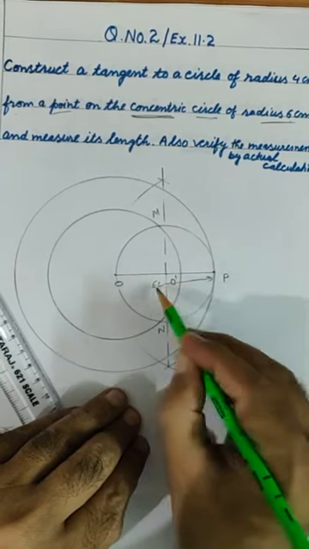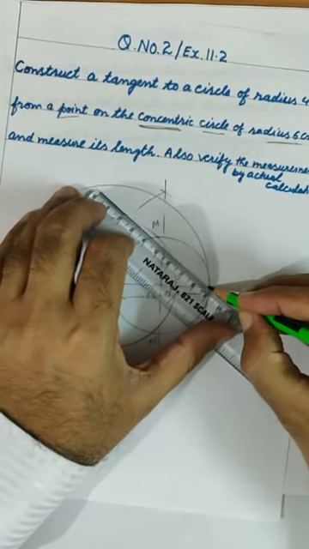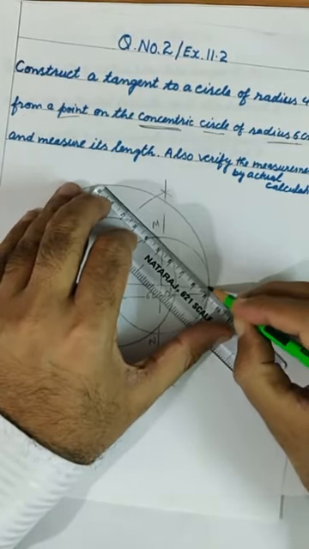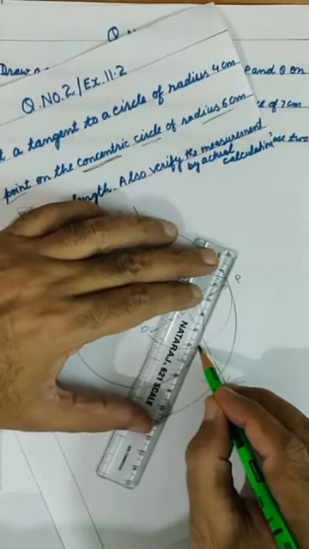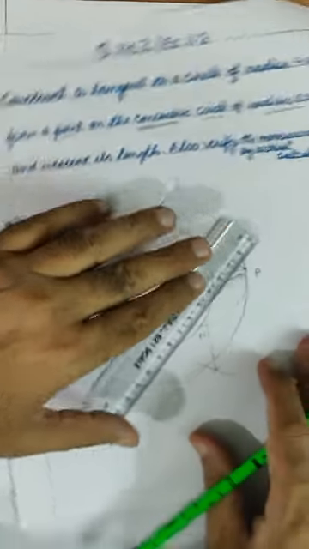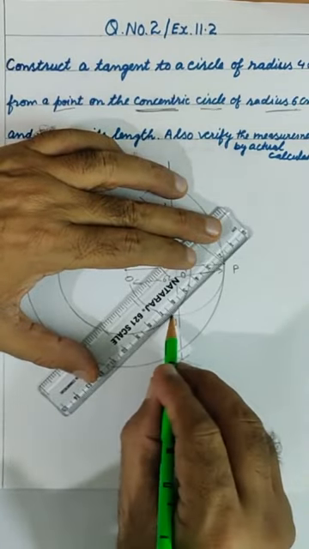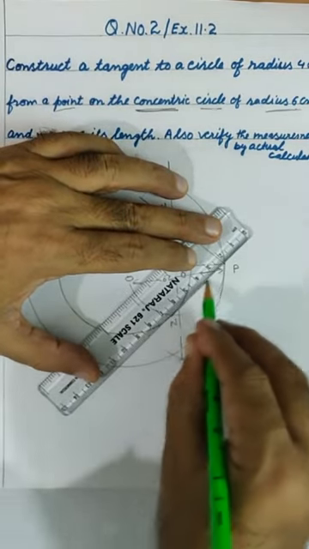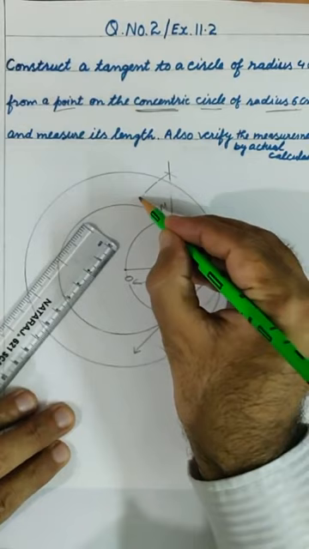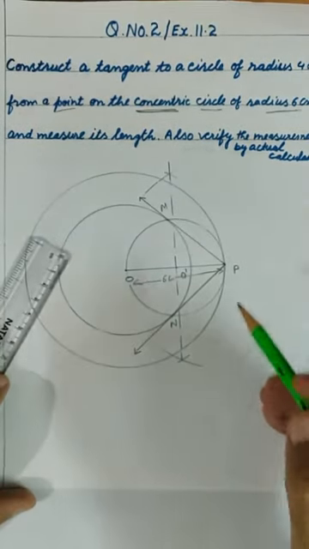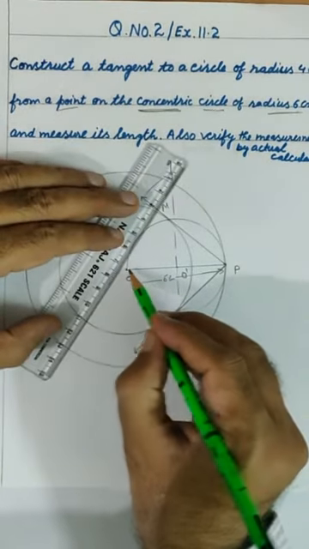And we have to draw this. And from here also, these are the 2 contact points. And you are able to see. Now also verify: we have to measure its length and verify this. Again, the same way as I told you, you join this.